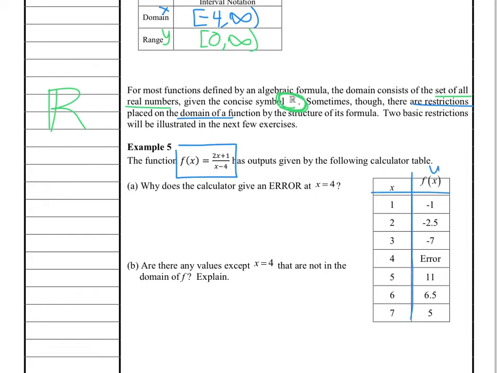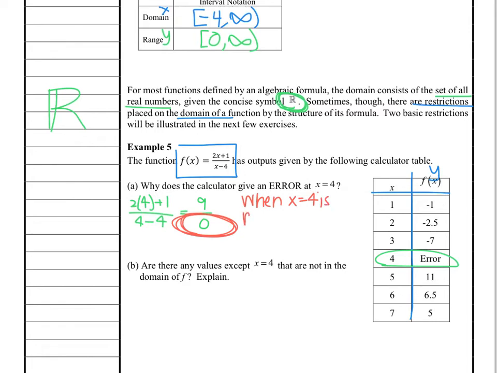Remember, this is just x and y. F of x is the same thing as y. And then I noticed that it gives us an error at x equals 4. Well, if we plug in x equals 4, so that would be 2 times 4 plus 1 divided by 4 minus 4. So the numerator is 9, the denominator is 0. This is an issue. Okay, so it gives us an error because when x equals 4